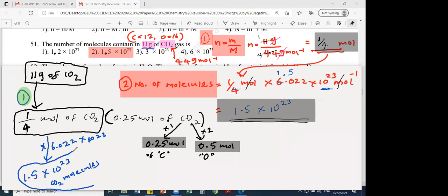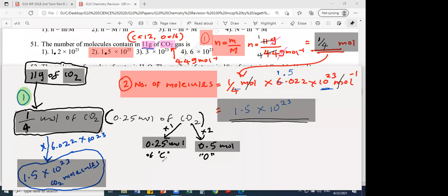Look at the screen, everyone. This is applicable for any other question. The only difference is they will change the molecule or the atom or the compound. They can change the mass and they can change the molecule. The same procedure: first you convert grams into moles and then you can convert that into molecules. And the other one, you can further continue this into atoms.